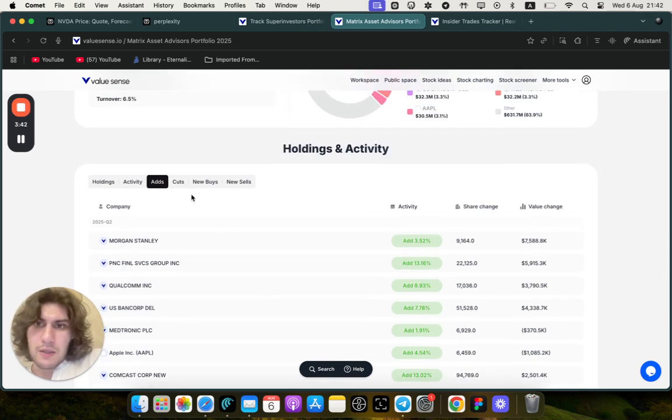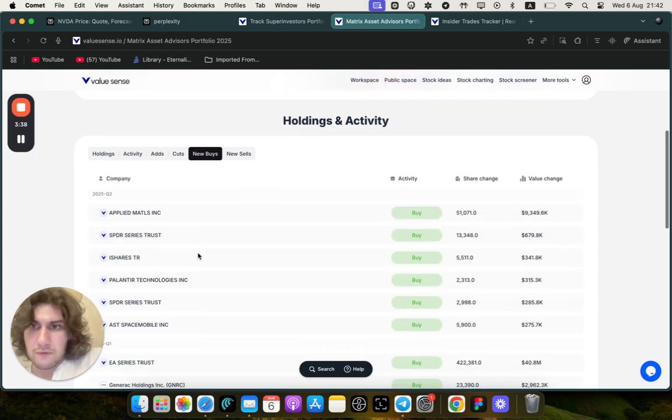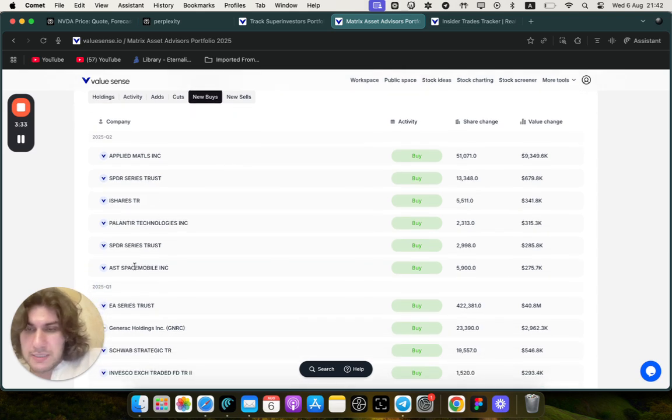But also we can get an understanding of new positions that the fund initiated, for instance, Applied Materials or AST, which is hot right now. That gives us ideas that we can get more deeper into those stocks with the search function that we have